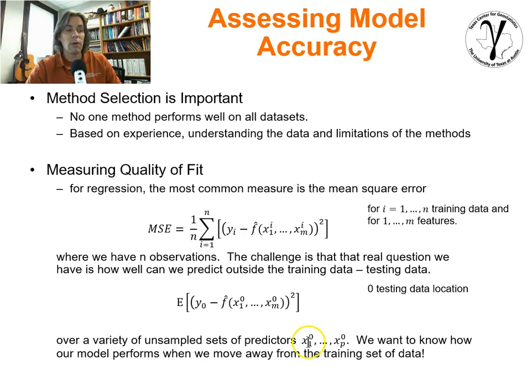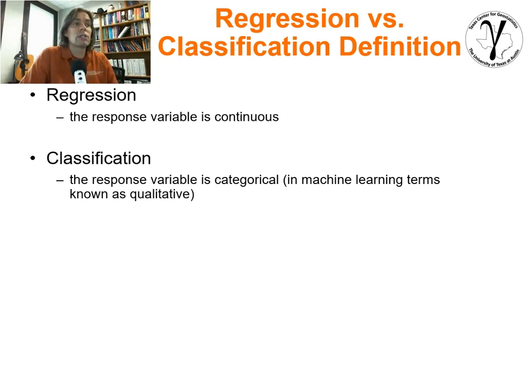And so we'll be concerned about how it performs over locations that are within a training data set, or maybe when we apply the model in real life, we're concerned about how it will perform when we try to make estimates with it. Now, just to close up a couple loose ends here, if we talk about any type of prediction model, we would have either regression or classification. And the difference is simply that in a regression model, the response variable is continuous, and a classification model would be one for which we have a categorical, or as some term it in machine learning terminology, a qualitative variable. And so if we have a categorical output, that is known as classification.